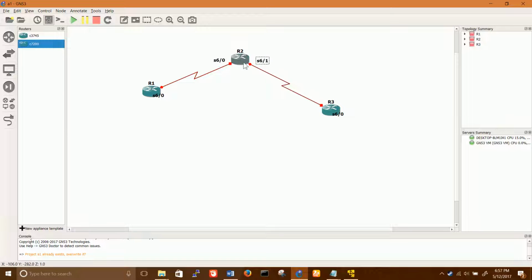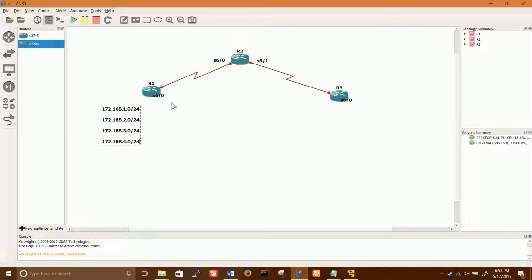Because if this goes wrong, your IP will be different, and even your EIGRP is not going to work out. In here 172.168.1.0, 172.168.2.0, 172.168.3.0 we are going to have, and 172.168.4.0/24.